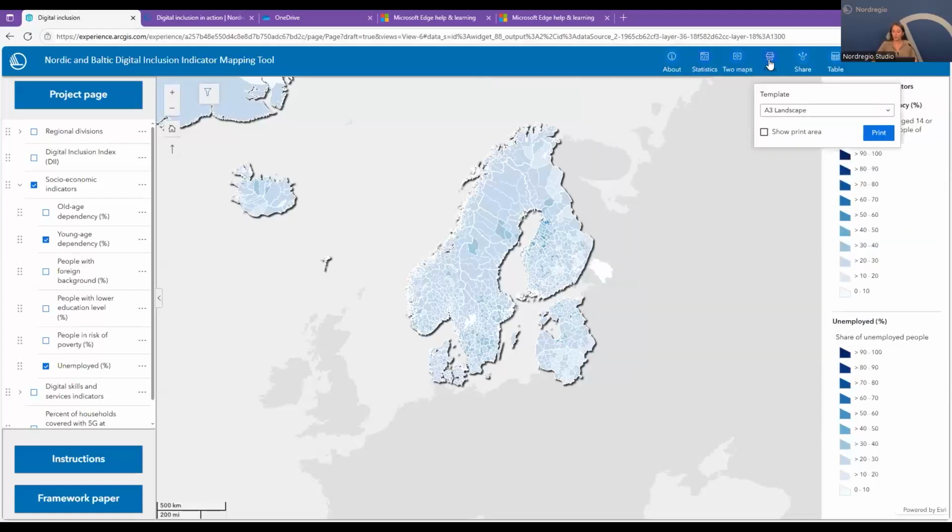There is a printing option. You can click on that one, and you have a few options for what format you can print. There is A3 and A4, landscape and portrait. So, for example, if you would like to print A3 landscape, you click print, then you wait till it loads up. And when your file is ready, you can click on it, see it and download it. It takes some time, so we can leave this, but you are encouraged to try it in your own time. Okay, here we go, it's ready.